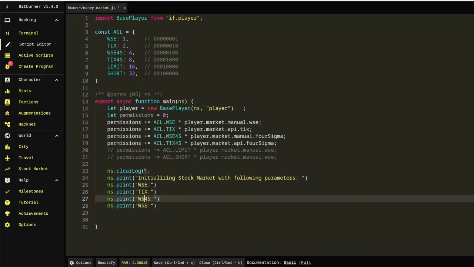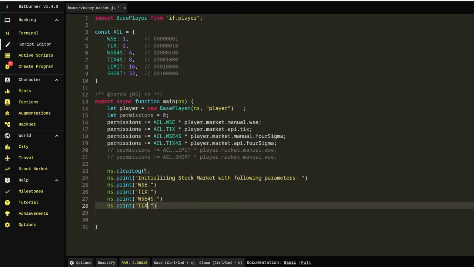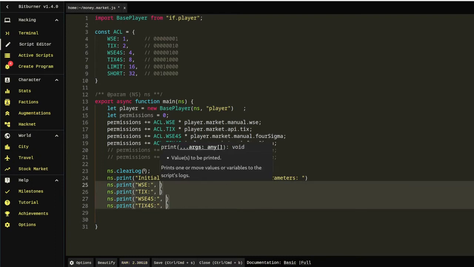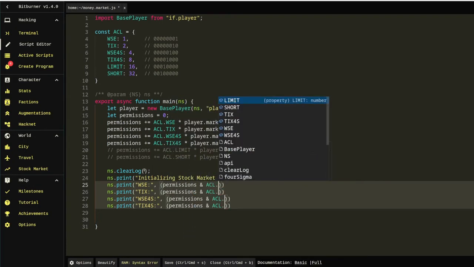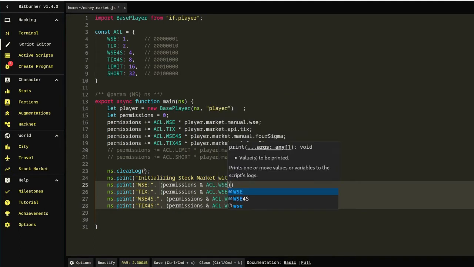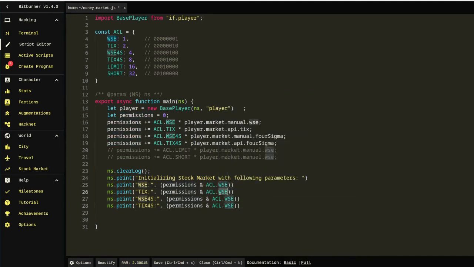And TIX4S. And then we'll print out permissions and ACL dot. All right, so